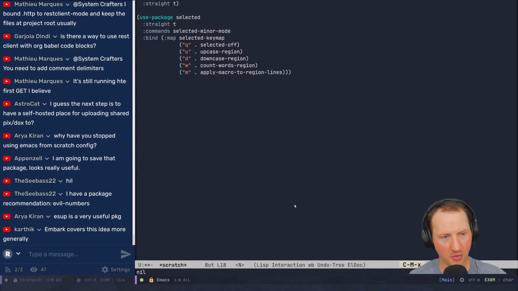Control-Alt-X. Yeah, Karthik says Embark covers this idea more generally. I agree. I don't know if they have a way to do it on selection, but definitely you have a key map that is available at any time that you can press actions on. Okay, so what I'm going to do is